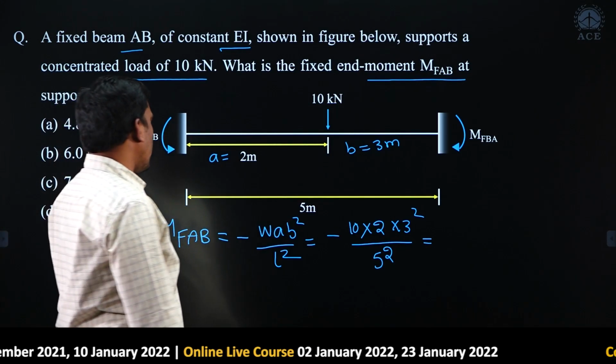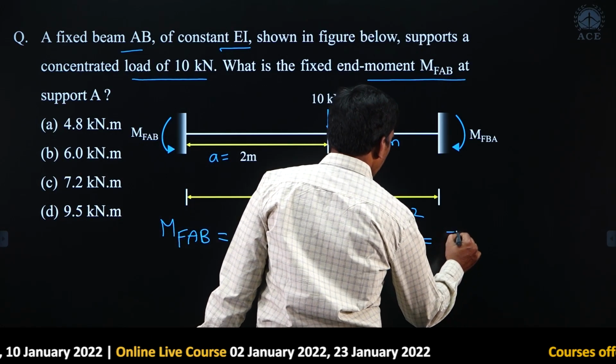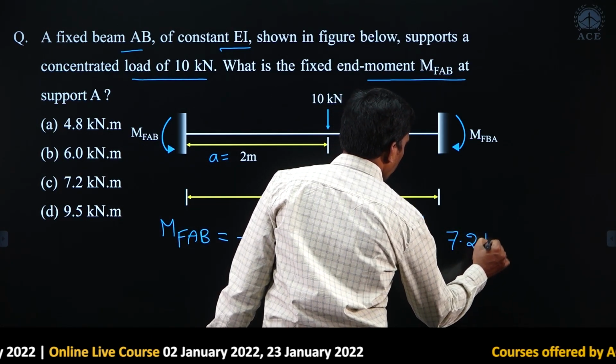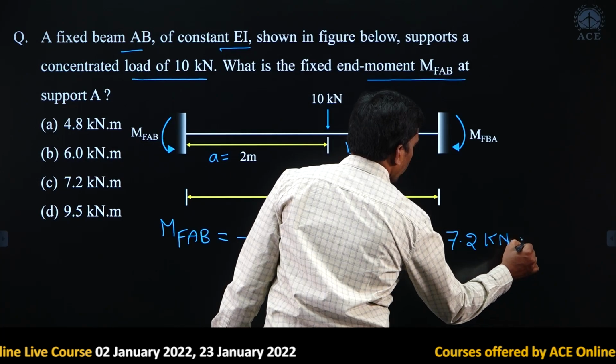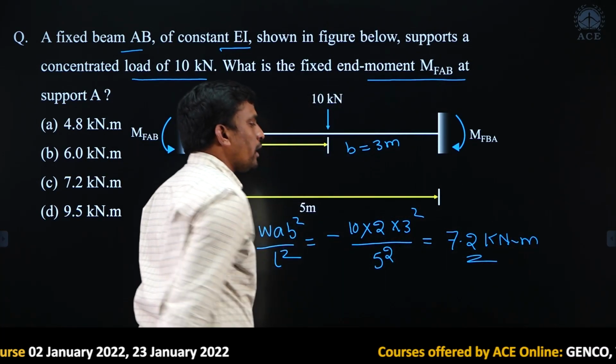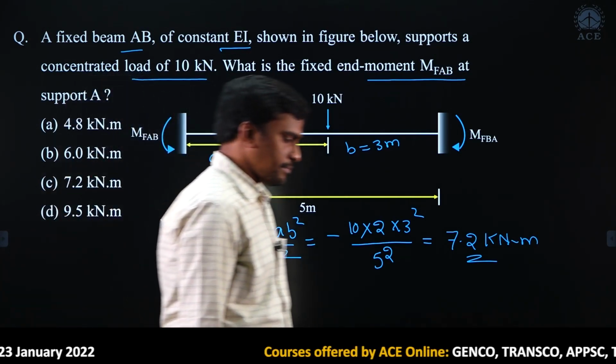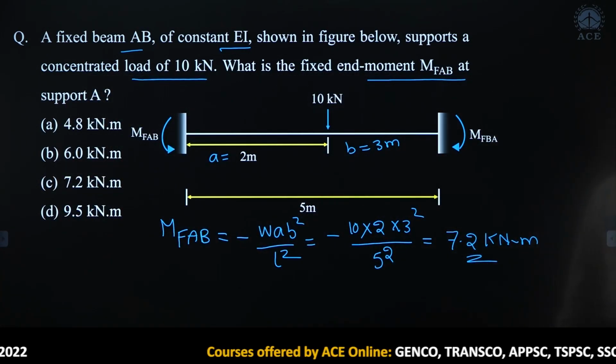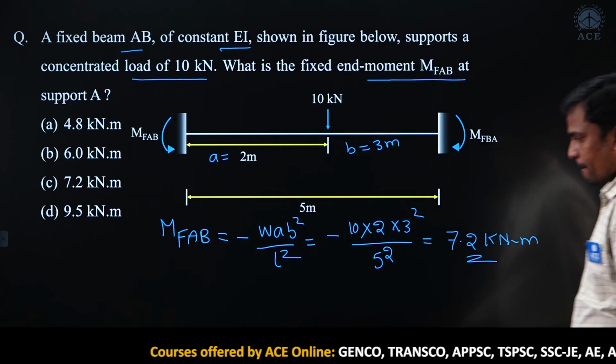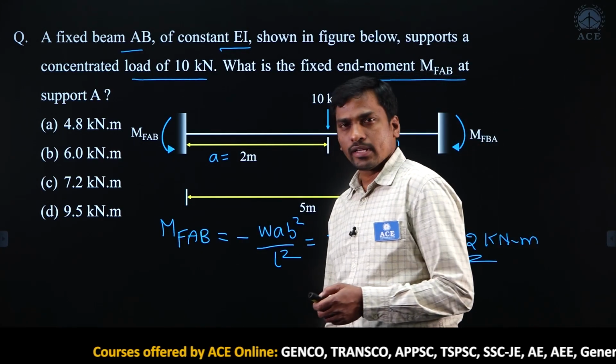So if you solve this one, you will get this value, I think 4.2 kilonewton meter, okay, 4.2 kilonewton meter, okay. Just note down please. Right. Next question,